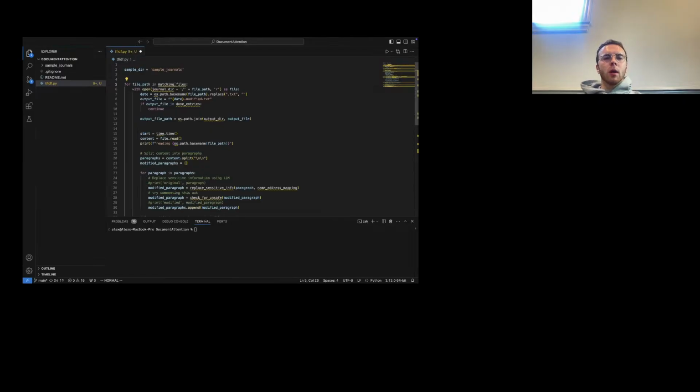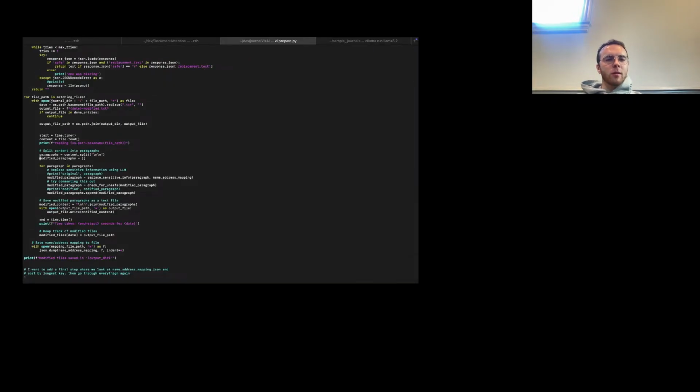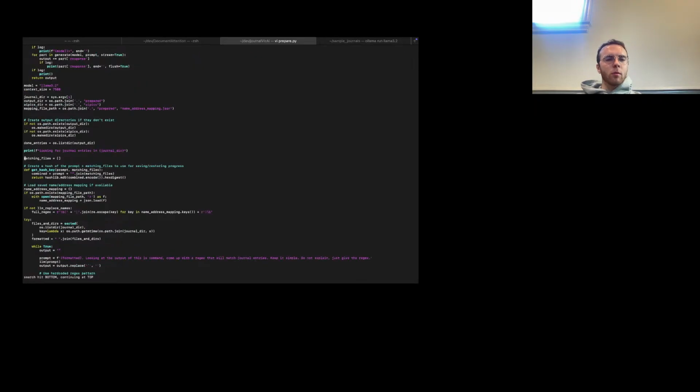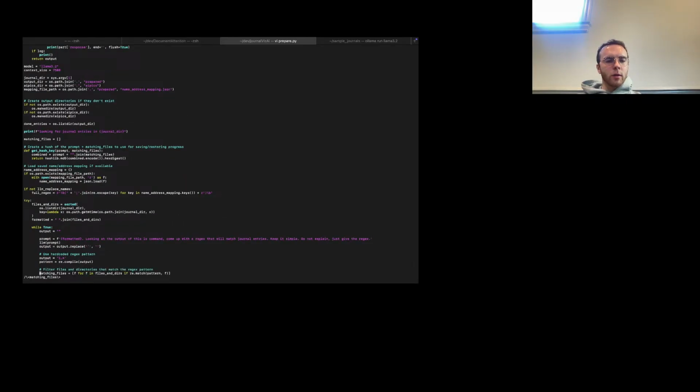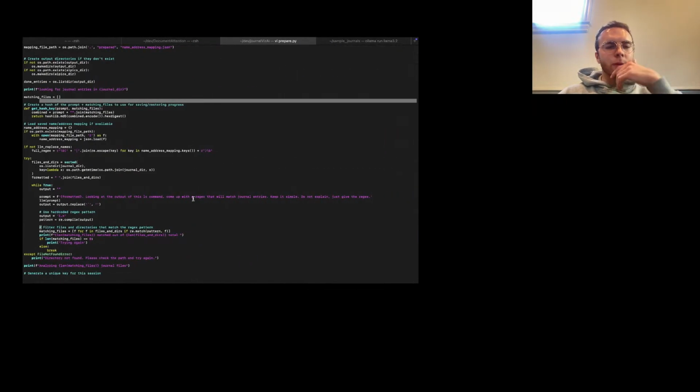So for file path in, oh God, okay, what is matching files? We need to get that as well. Matching file is, where does this come from? Matching files equal to blank. I think I just have a regex somewhere in here. Matching files equal to f for f in files, and there's if pattern match. This isn't a bad idea, but the pattern is just going to be this. So matching files equal to f for f in files. But what is files and dirs? Files and dirs is, of course,